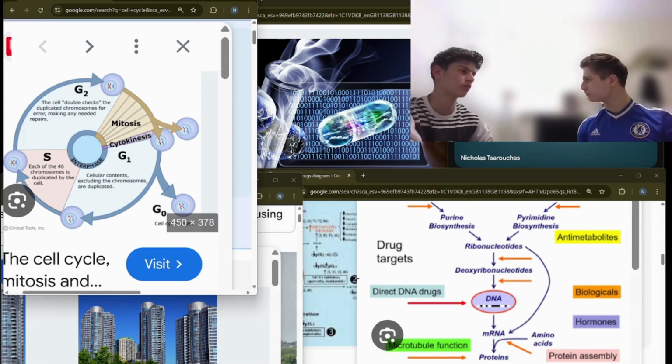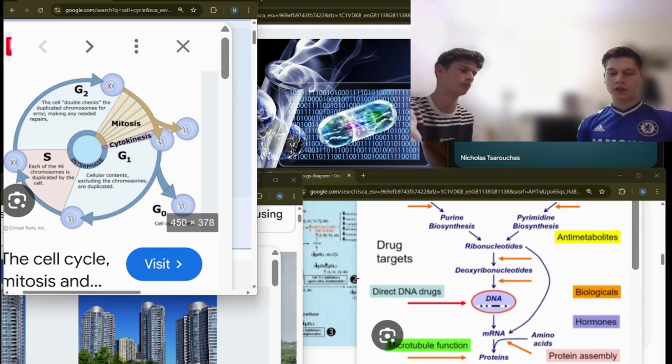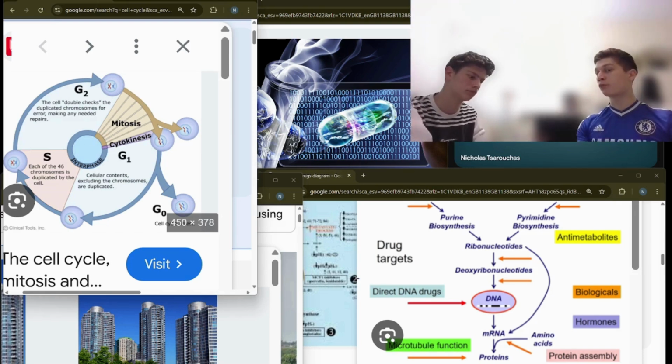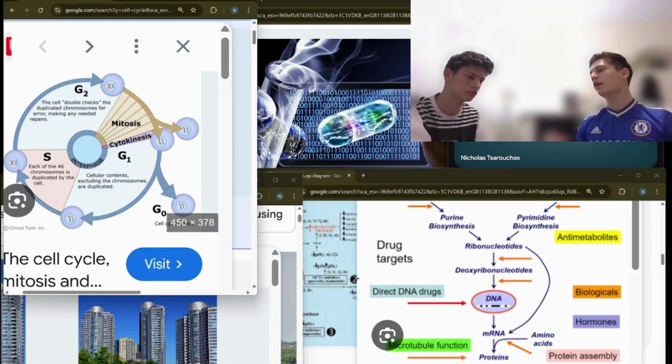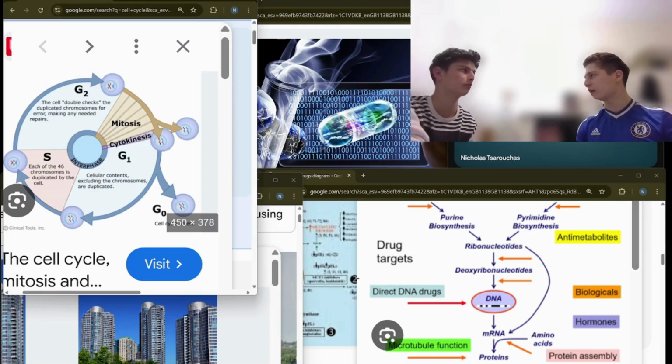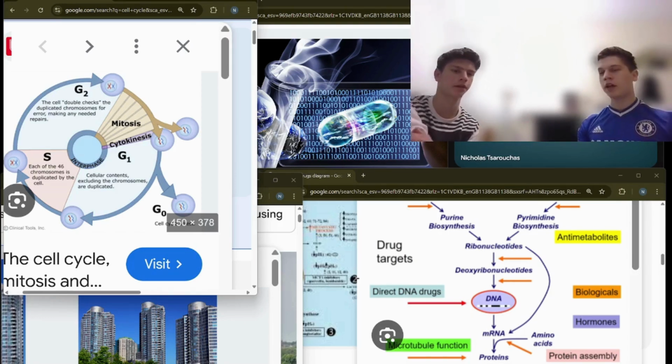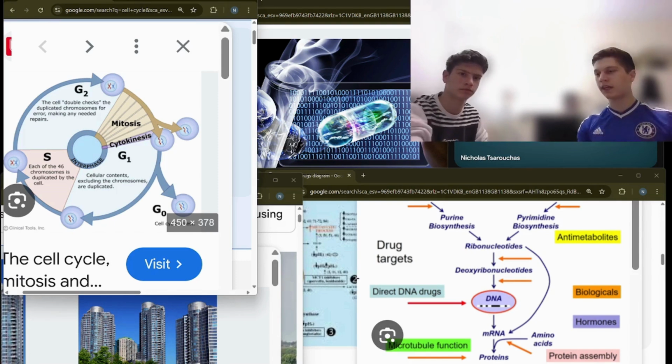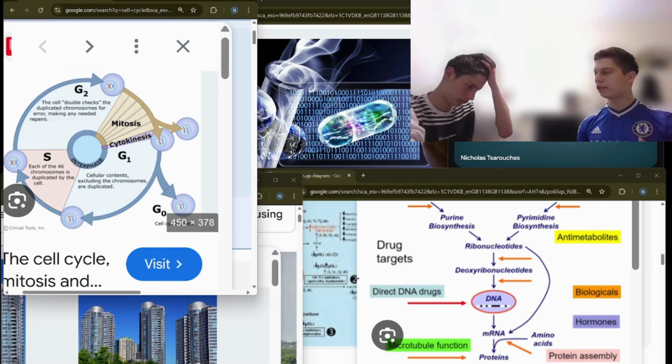Have you heard of these? Briefly, yeah. So your oncogenes are the ones that are driving the cell cycle. Your tumor suppressor genes are the ones that are slowing down the cell cycle, inhibiting a lot of these agents. It's a balance of activation and inhibition of the cell cycle where you get this optimum and you have normal cell growth. And if you have mutations in these genes, which is what happens in a lot of these cancers,